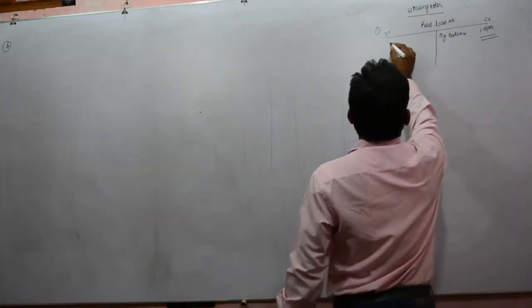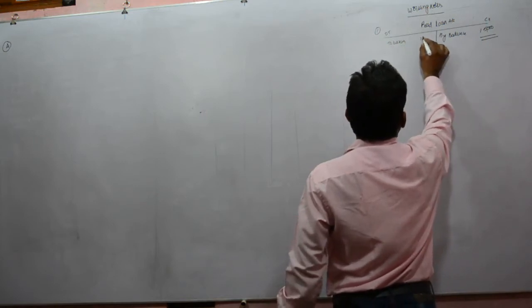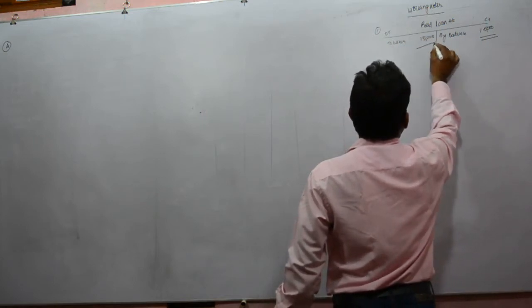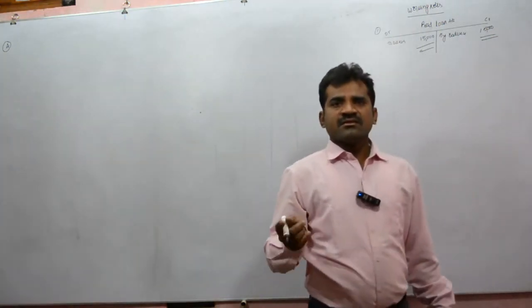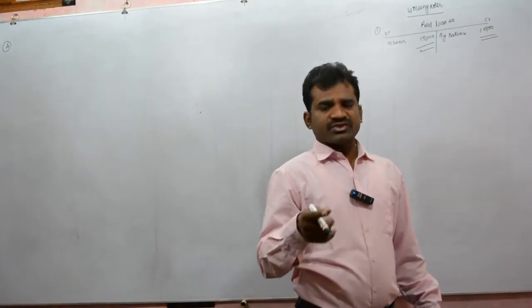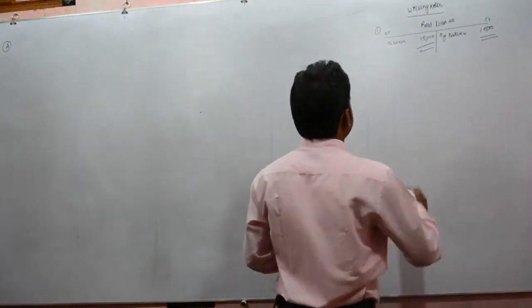This balance is paid through bank. So this is a separate account. We have to pay it after paying the outsiders, the creditors, and then to the partners' capital accounts. And next one,